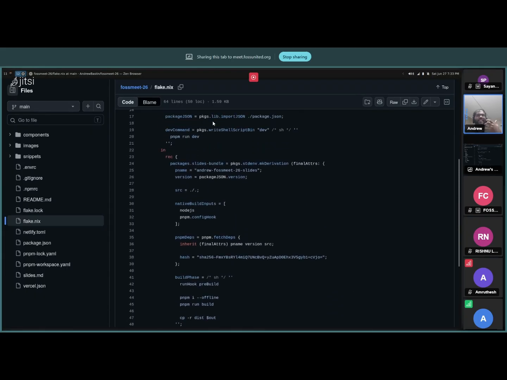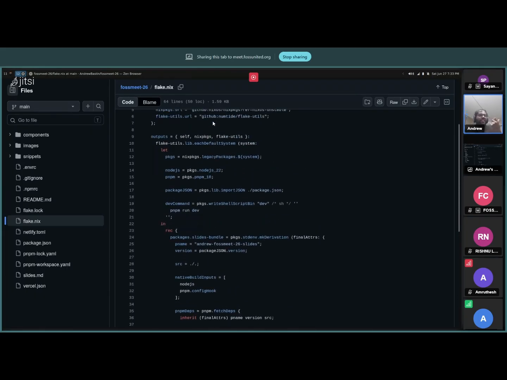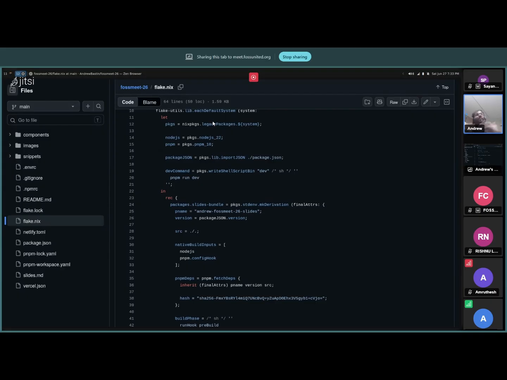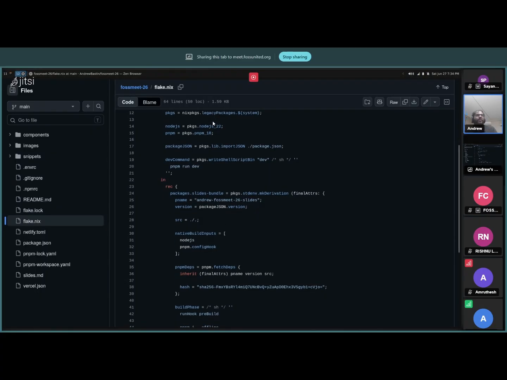And if I were to write the derivations for all of that, it would be very time consuming and very inefficient, because I would have to sit and write how to compile Node. And Node is written in C and C++, if I remember correctly. Then I would have to say how to compile the C compiler and everything. So it becomes very big and very heavy, and there's not a lot of point in doing that. So the idea is basically to prevent that.